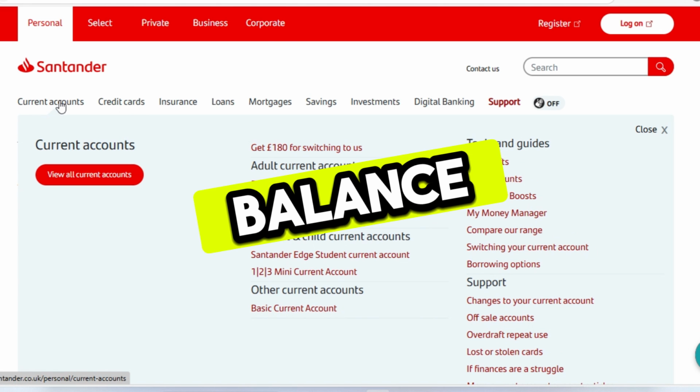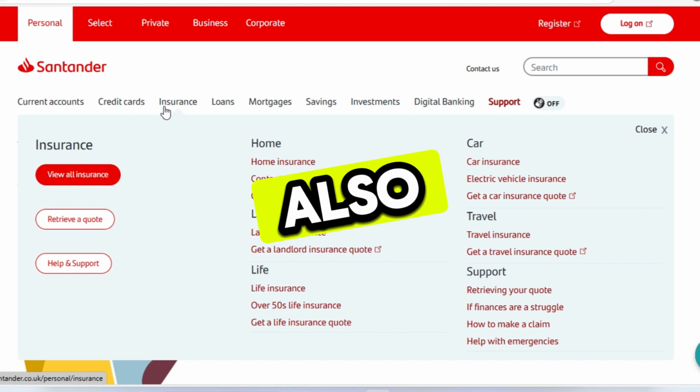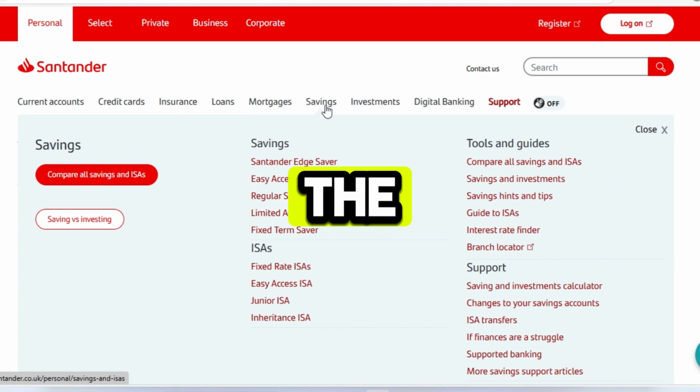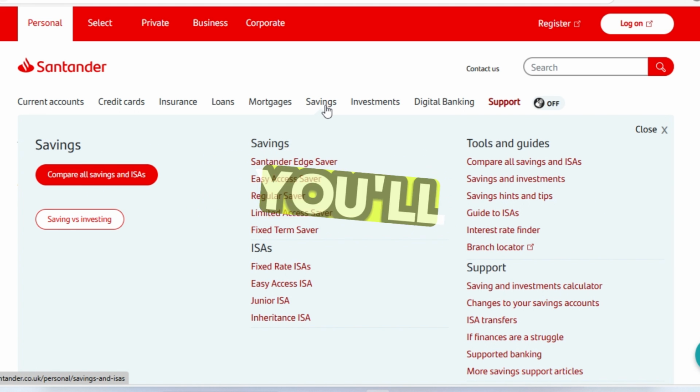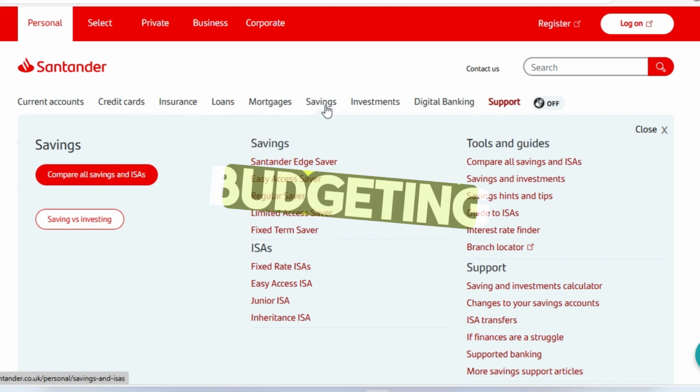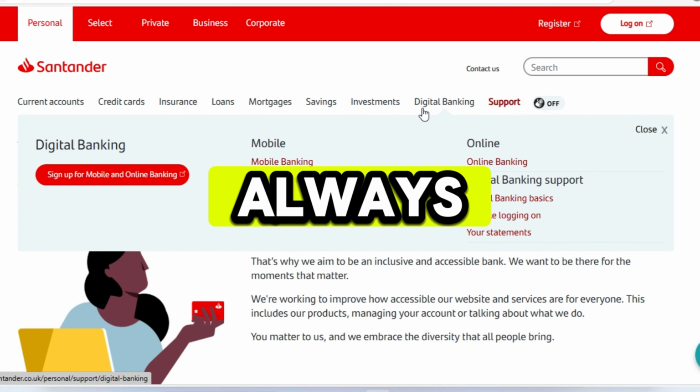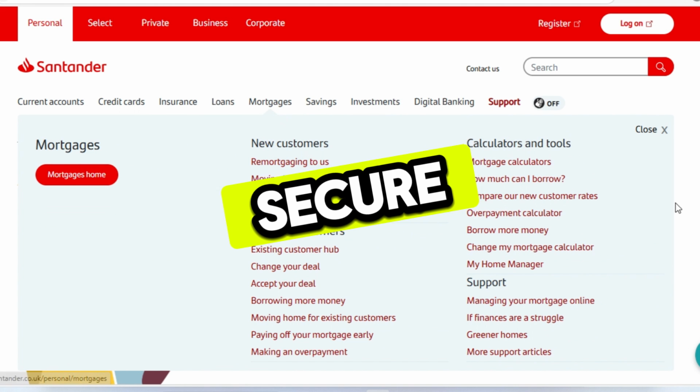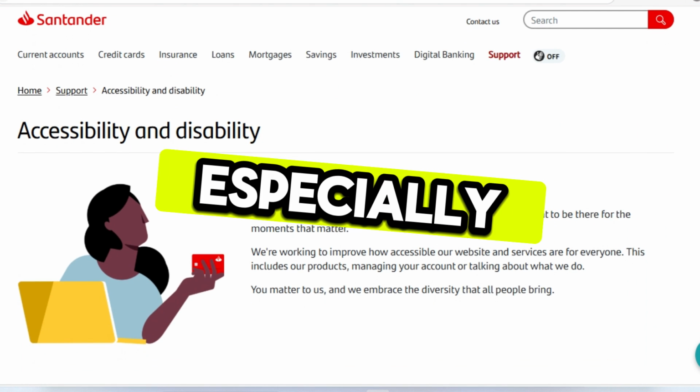Optional, use balance alerts. You can also set up balance notifications in the app settings. That way, you'll get alerts when your balance goes below a certain amount. Super helpful for budgeting. Tip, always make sure you're connected to a secure internet connection, especially when logging in from